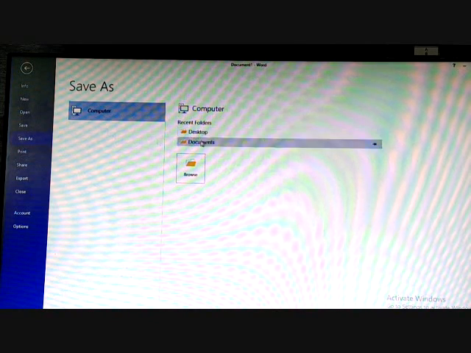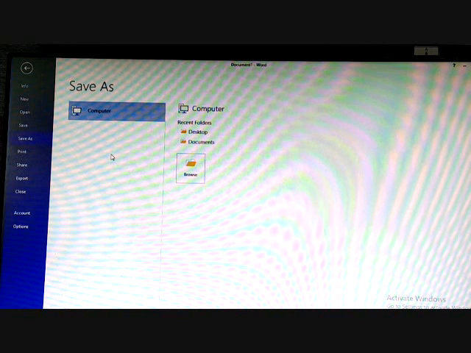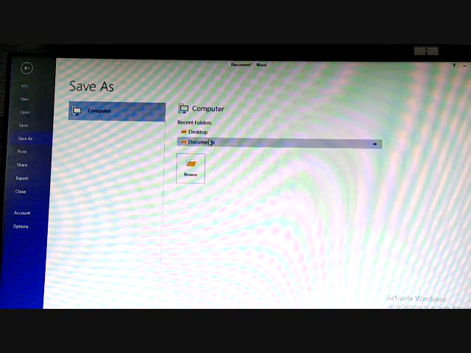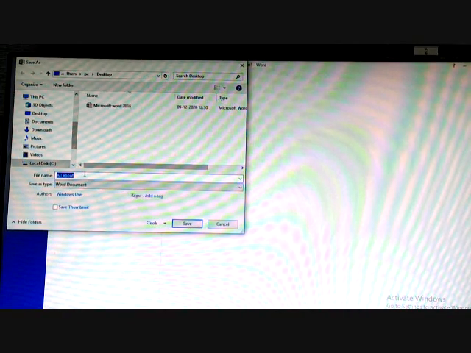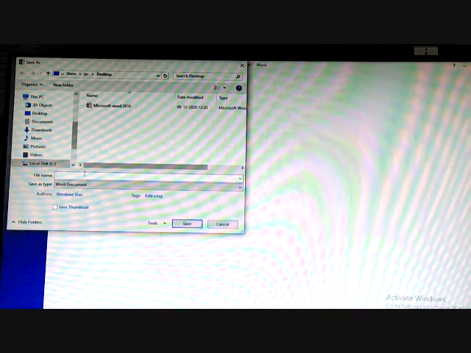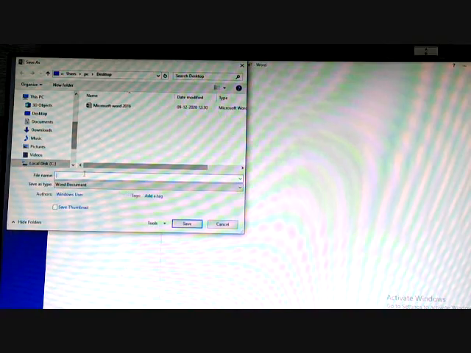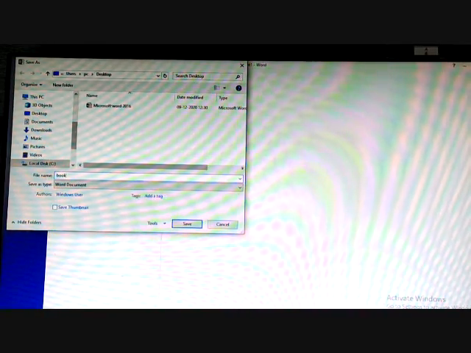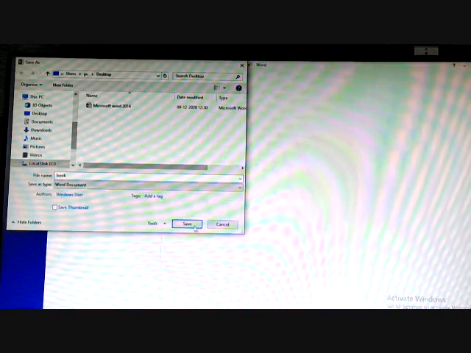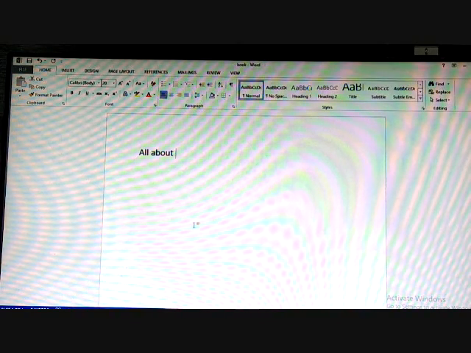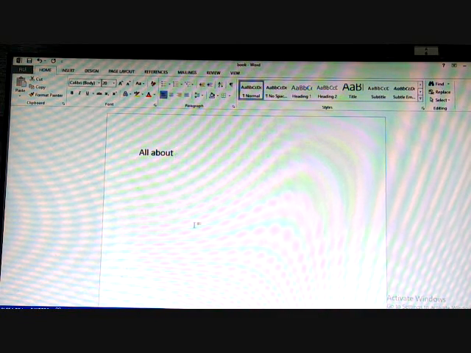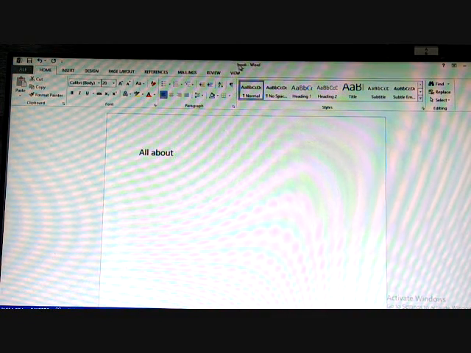Here you can browse your Save as dialog box. Suppose you want to save in desktop, or if you want to save in documents, wherever you want to save, you have to select it. Suppose you will save in the desktop, you can give the file name there, suppose I will give you a book, okay, and click on save. You have to type it and after that click on save. Word saves your document. How will you get to know that Word has saved the document? By here. See, I have given your file as book.